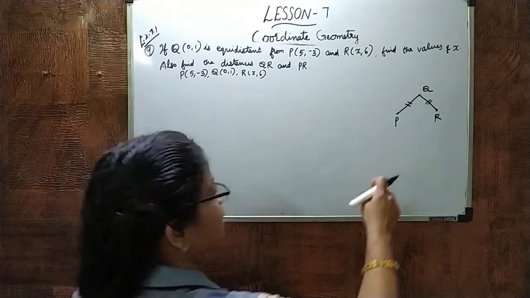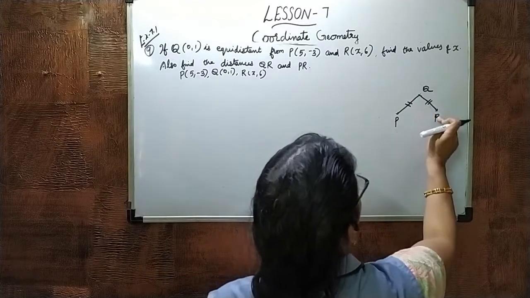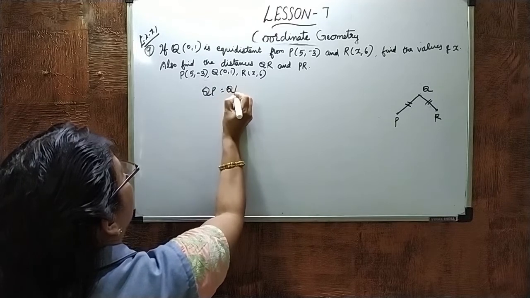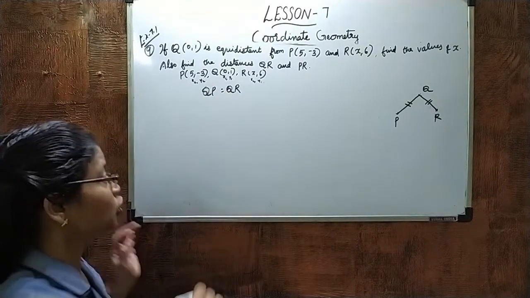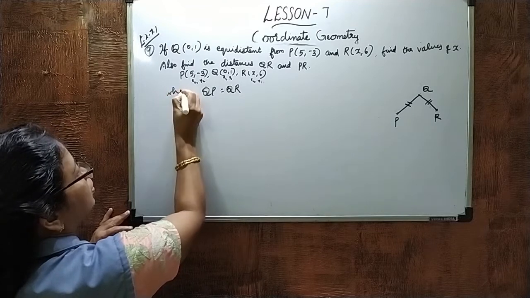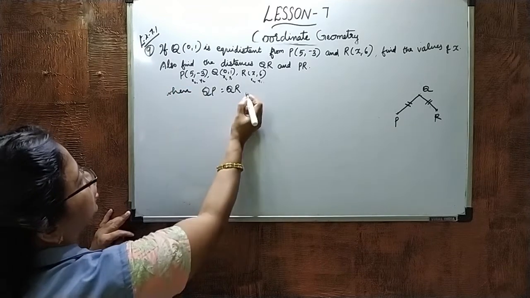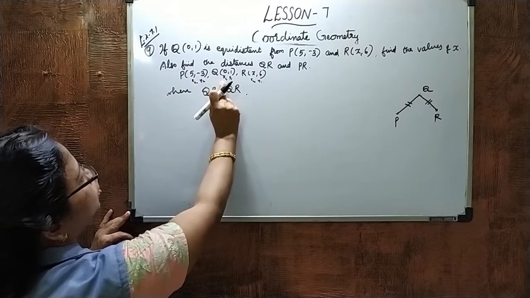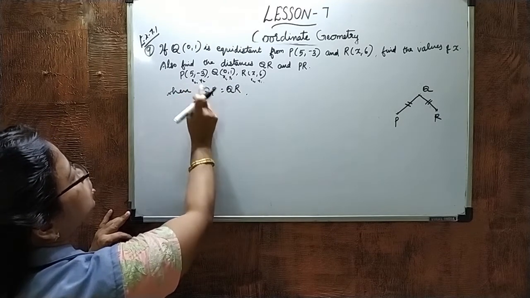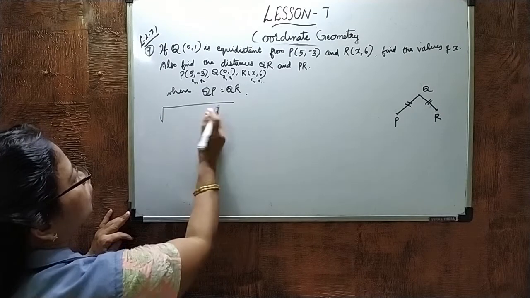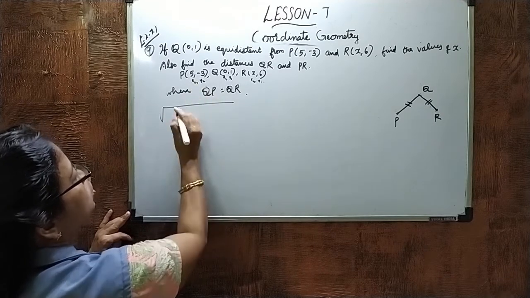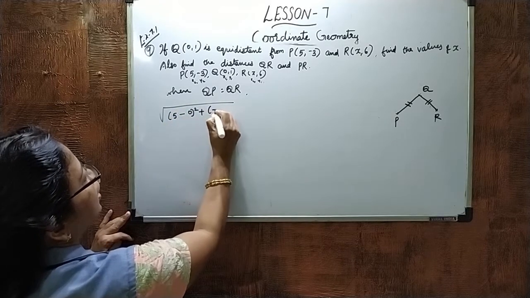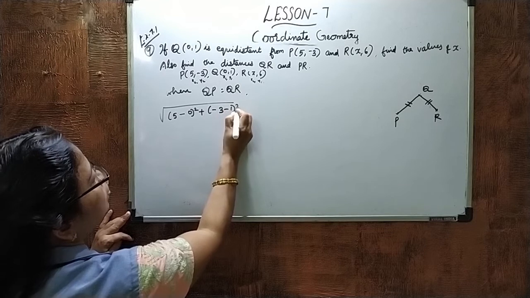Now the given thing is QP is equal to QR. So when QP is equal to QR, we are going to find out. Then QP means Q is x1, y1 and P is x2, y2. So root of QP here: x2 means 5 minus 0 the whole square plus -3 minus 1 the whole square